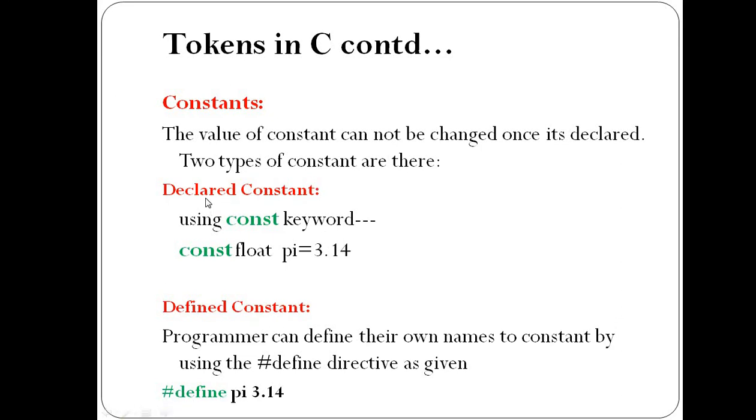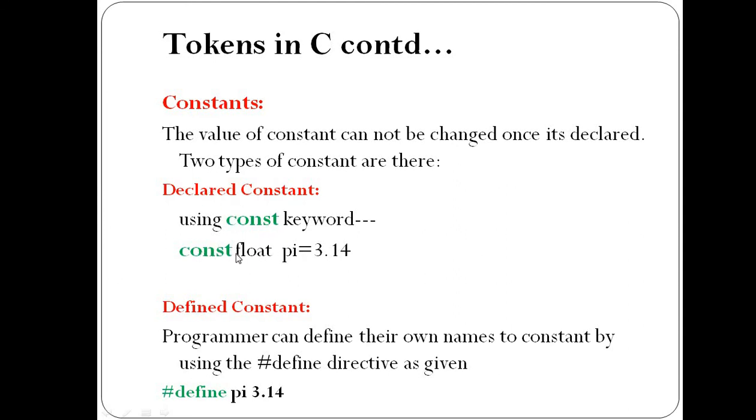Declaring a constant using the const keyword looks like: const float pi = 3.14. I am giving the example of the pi value. In C programming equations, rather than the pi symbol from maths, we can use pi equal to 3.14. We need the const keyword, and float is a data type. What a data type is, we will see in the next video. So using the const keyword, we can declare the constant.